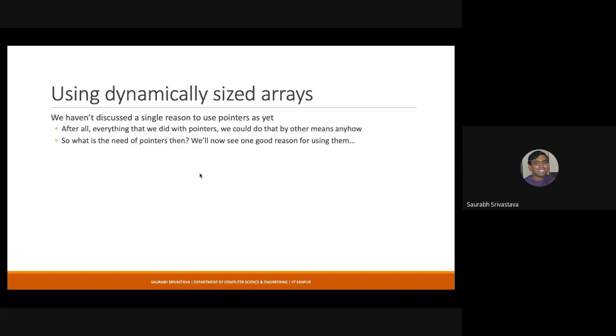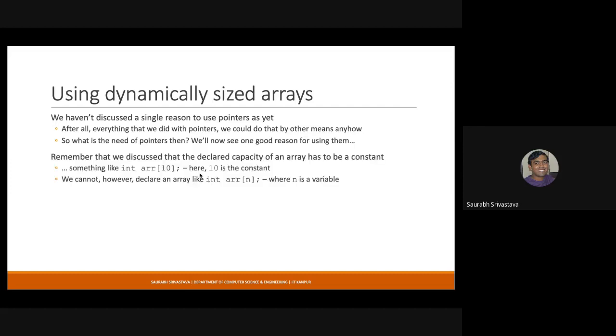Now, another aspect because of which pointers are useful is dynamic memory allocation. We saw that, at least in the early days, you had compilers which could not allocate memory if the size of the array was supplied through a variable. So in those cases, this was the only way to allocate dynamically sized arrays. I think today modern compilers allow you to use a variable, but nevertheless, we will see how useful this is when we see the linked list examples.